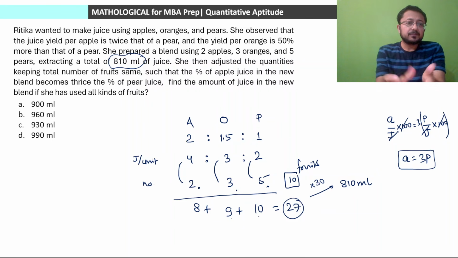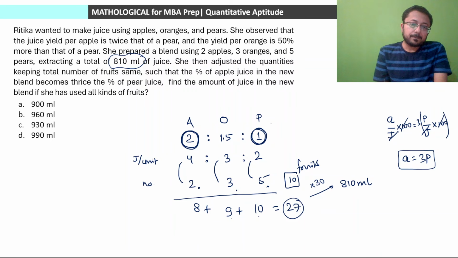Clear? So even if this is mentioned that percentage of apple juice is 3 times that of the percentage of pear juice, that straight away implies that apple juice will be 3 times that of the pear juice. ये तुम्हें समझाने के लिए इतना लिखा. Otherwise, straight away यहाँ से हमें hint ले लेना है कि apple juice will be 3 times that of the pear juice. That is given. Okay. So we know for sure that if we take 1 unit pear and 1 unit apple, apple juice will be twice that of the pear juice. Isn't it so? For same quantity.